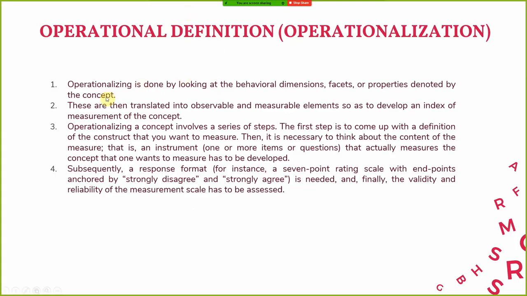That was one example. Now these are then translated into observable and measurable elements. So for example, you say that a leader is humble. So what you do is you create a statement out of it and add a Likert scale to it so that you can measure the response of the people. So you can add or associate a number to that particular characteristic or